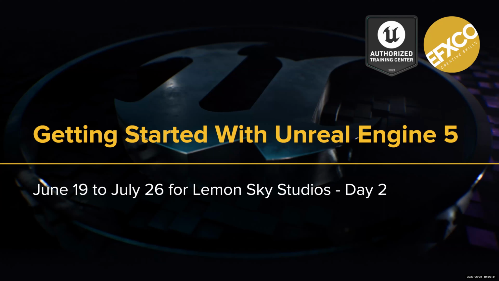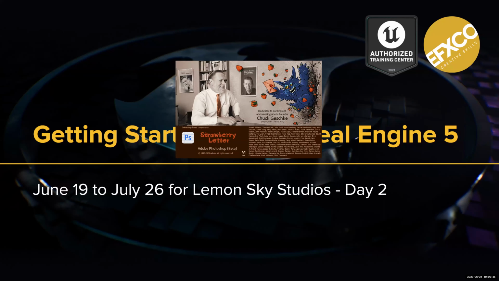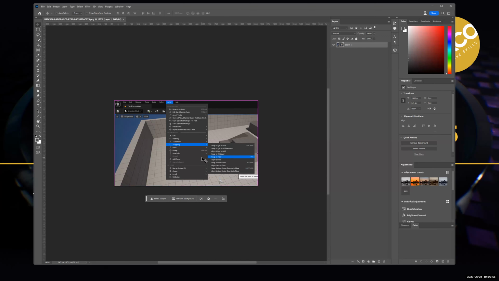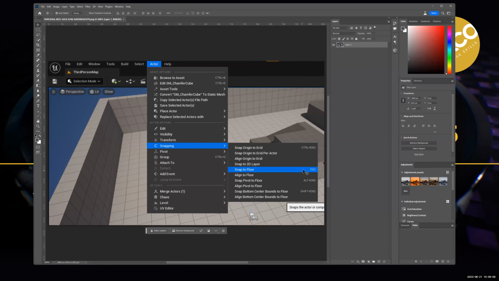Sun Xian, I think she put an image there about... Oops, why is Photoshop coming up? Yeah, this button, right? That's what I was looking for. Yeah, thank you. I don't know why Photoshop opened up. So there you go, snap to floor, snapping features all day. Yeah. Thank you, Sun Xian.